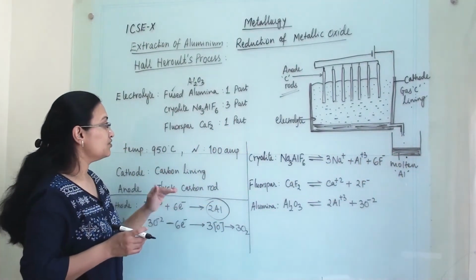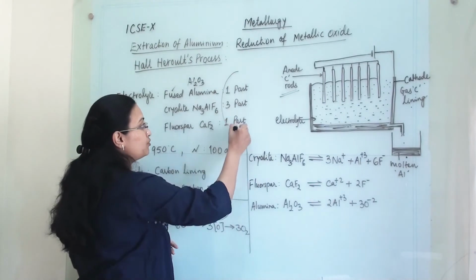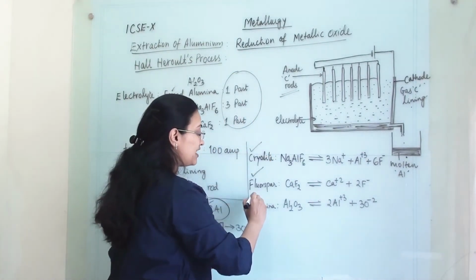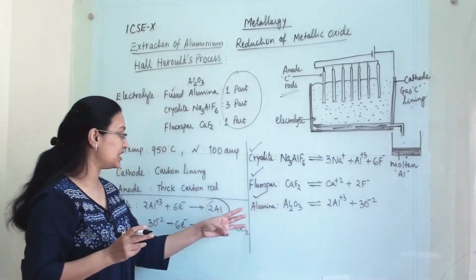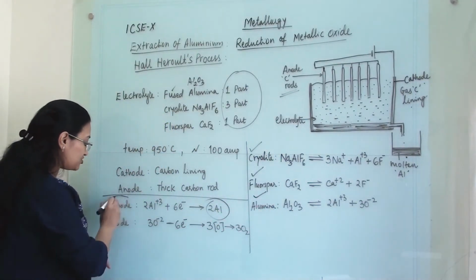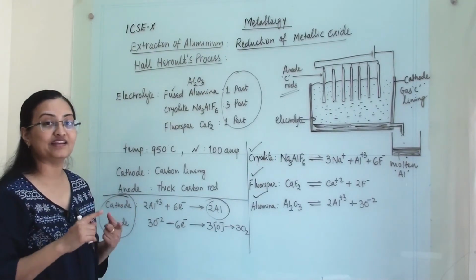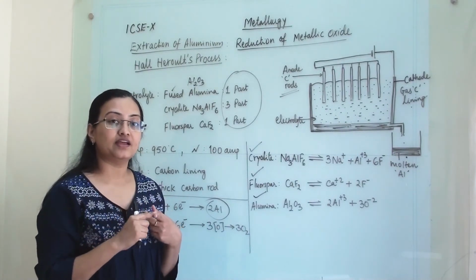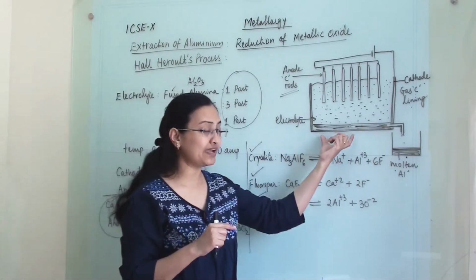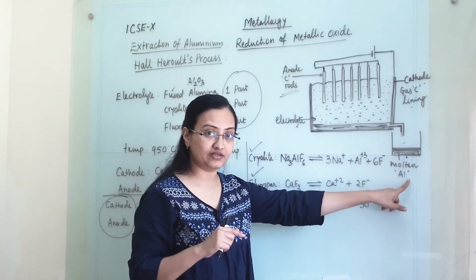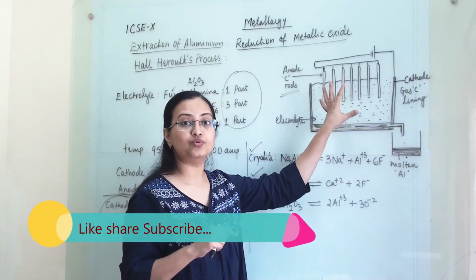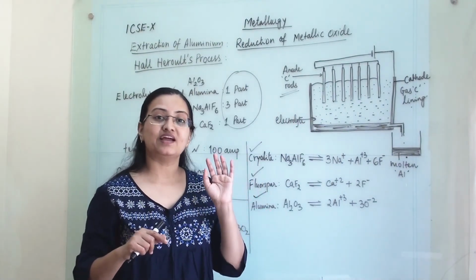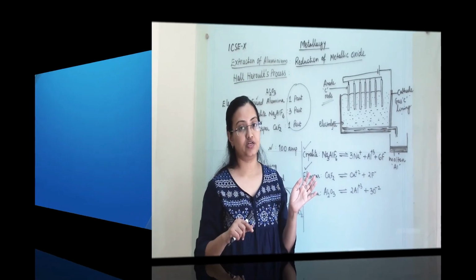In this you have to remember in what proportion we are taking the electrolytic solution, then how those electrolytes will dissociate. So these 3 equations and 2 more equations, that is what process will happen at the cathode and at the anode. So what products are we getting at the cathode and at the anode. At the cathode we will get our product, that is molten aluminum, and at the anode we will get a gaseous product, that is oxygen. And some amount of carbon monoxide and carbon dioxide will also be generated.